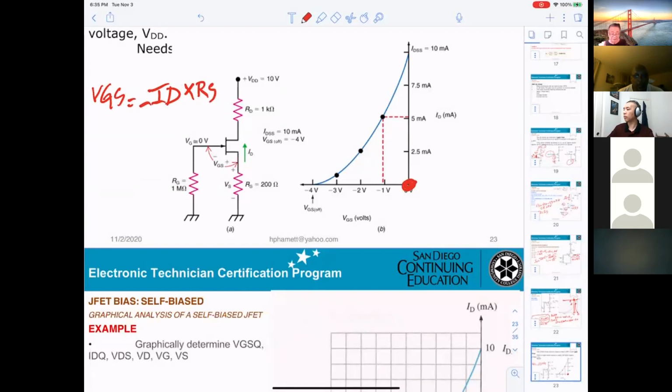Okay? From that equation, if you pick ID 0, then VGS equal 0 to get point A. And the second one, you can pick any value for ID from 0 up to IDSS. Okay? If ID equal IDSS,